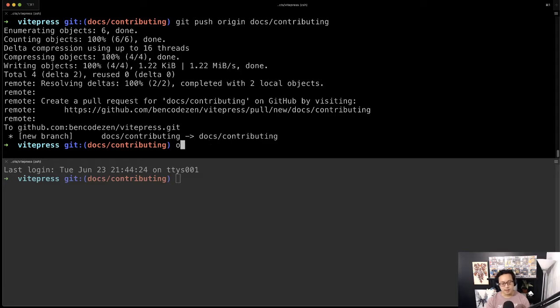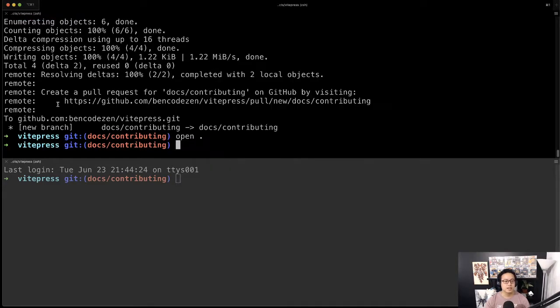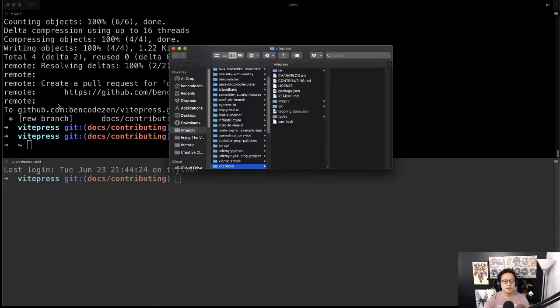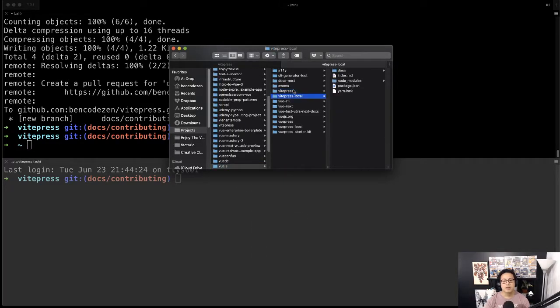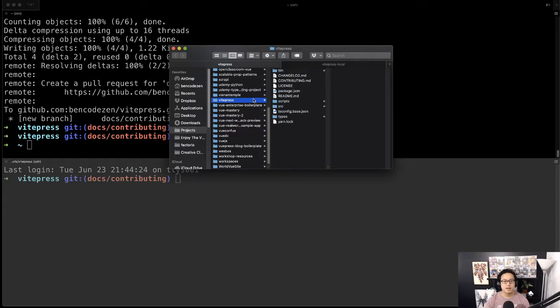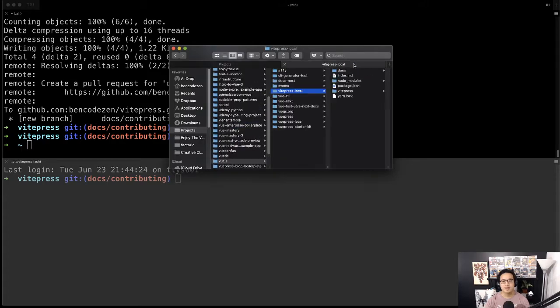Okay, hang on a sec. The reason I say this is tricky is because the VitePress I have in my projects directory, so I keep all my open source stuff I do here, I'm just going to wipe because currently I don't have access to,